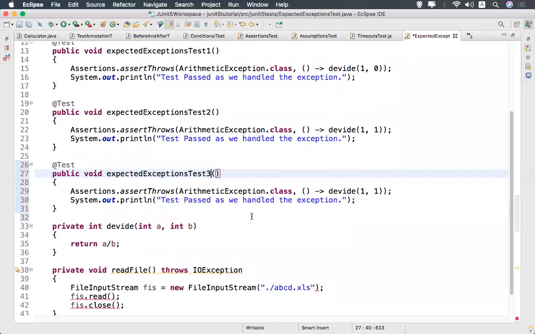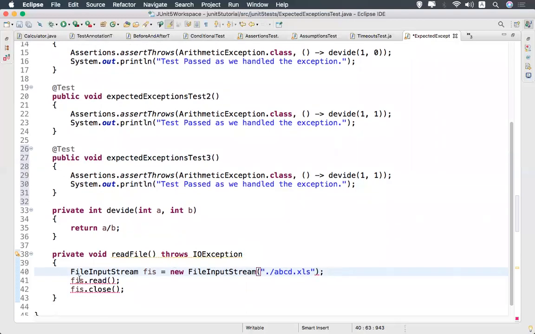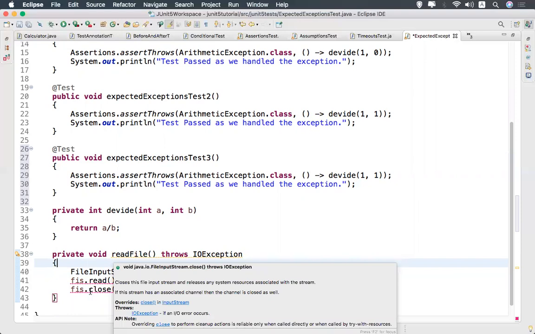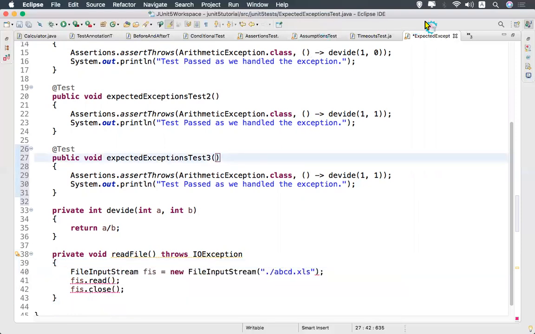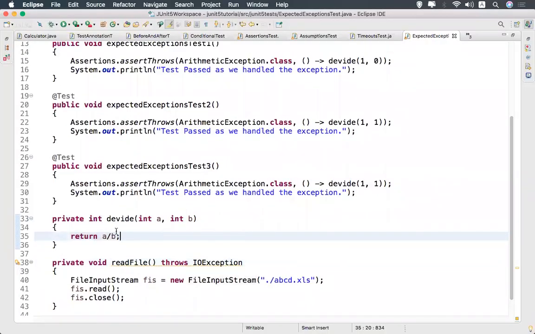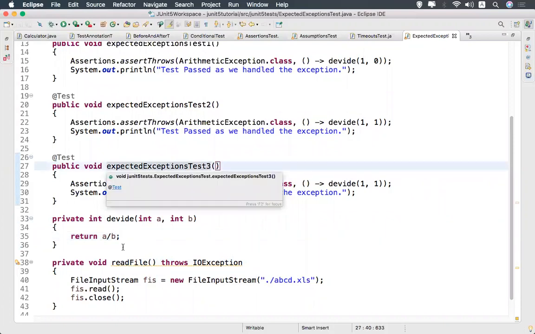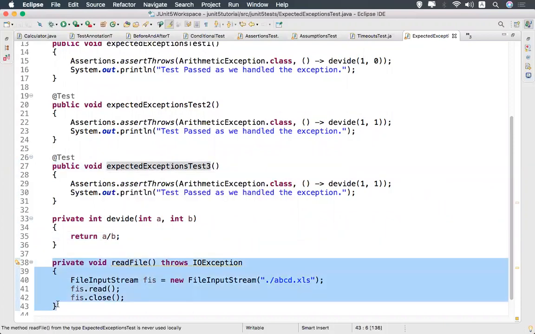I'm reading a file, and if the file is not there... There was an error because I did not save it; it took some time to remove that error.